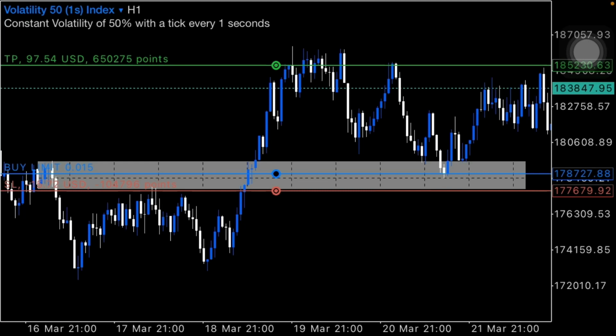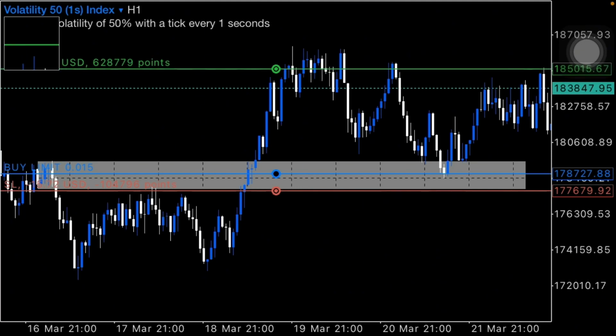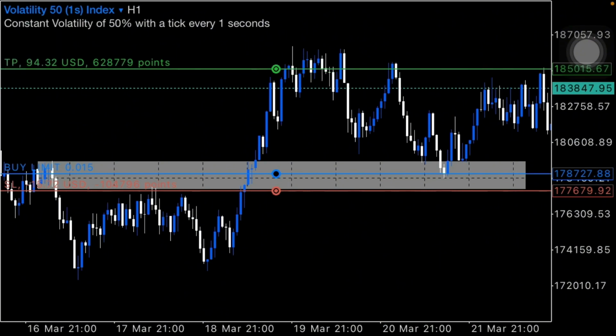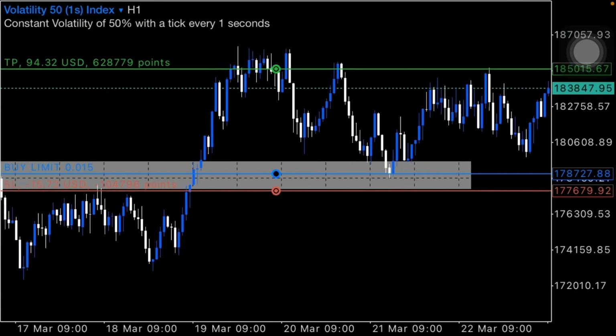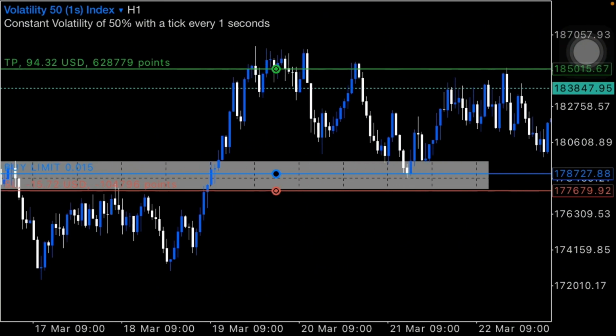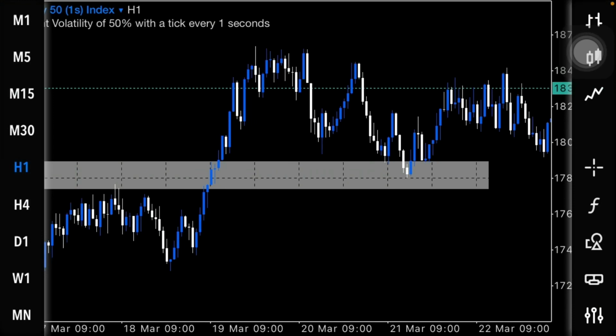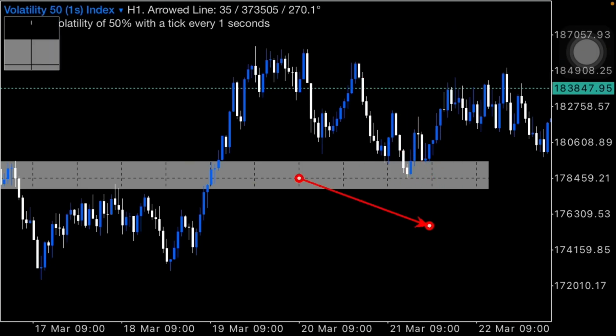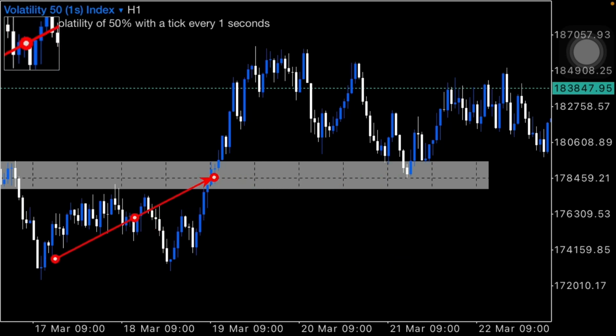I'm going to show you how you can add additional positions to the existing positions you have. There's a resistance zone right here, so what I always like to do is bring my take profits before the peak of the zone. Now, you realize that price came to the 50 and 60% level as